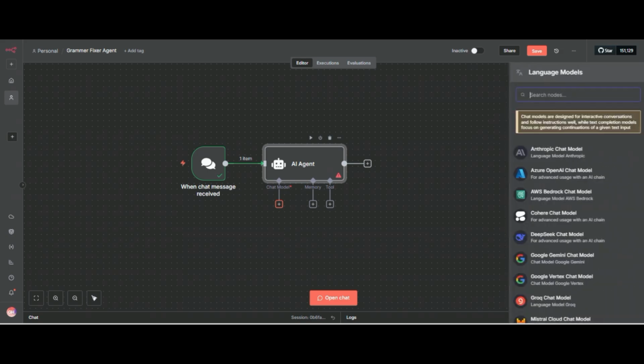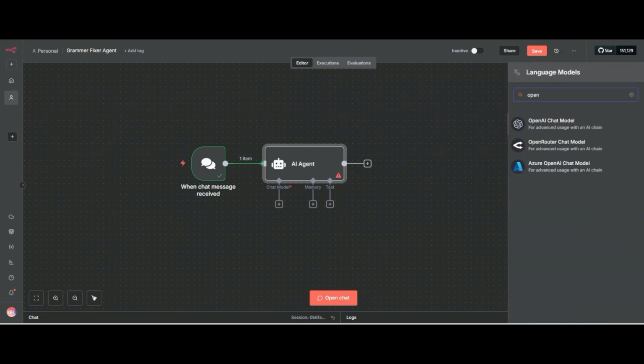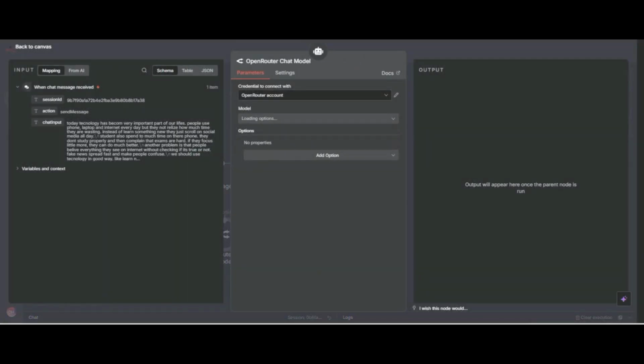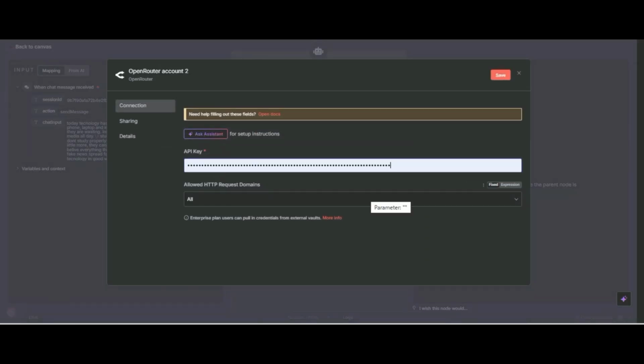I will click on chat model and search OpenRouter. You can see I have one account, but for you I will connect one more account. Click on new credential, same as ChatGPT OpenAI. There you need only an API key.